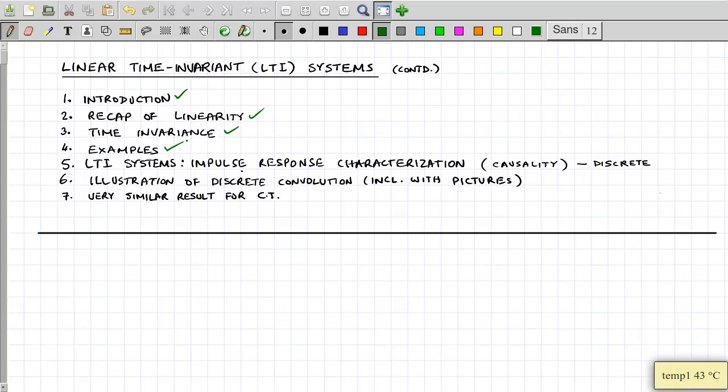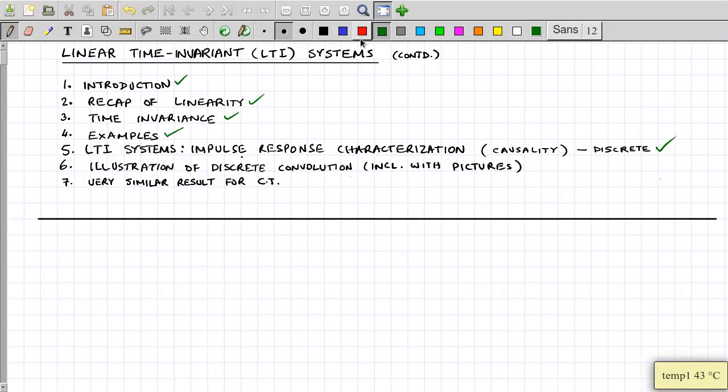And most importantly, we had come to the centerpiece of this segment, which is that there is something called an impulse response for linear time invariant systems, and that impulse response, once you know it, you know pretty much everything about the system. So today what we are going to do in this brief segment